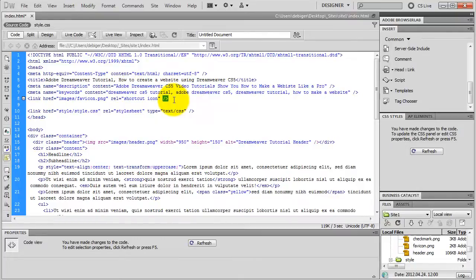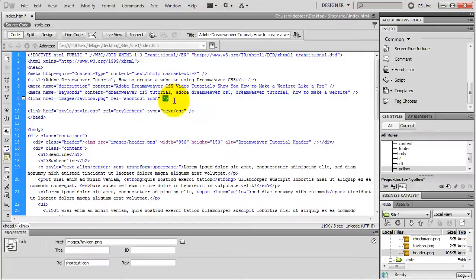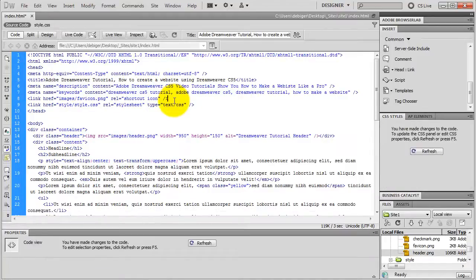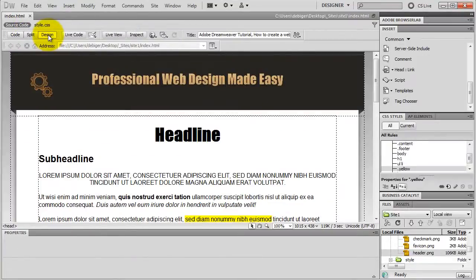If you check out your page in a browser now, in some browsers your favicon is not going to appear. You have to upload your entire website to your web server, and then it's going to appear. Okay, I delete this gap. I save my index page, and I go to design view, and I show you how to link one page